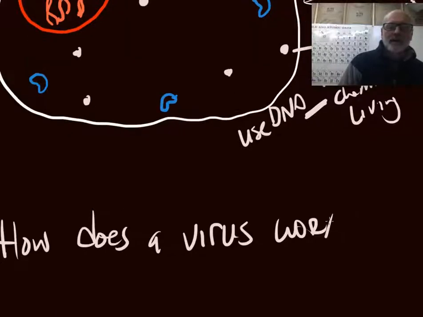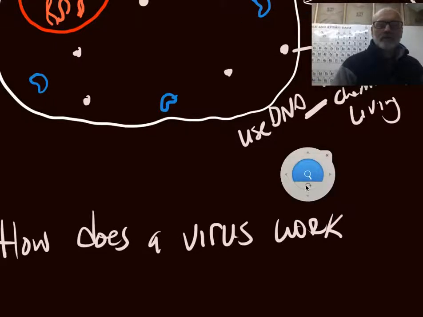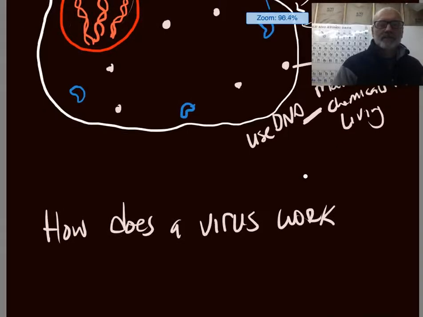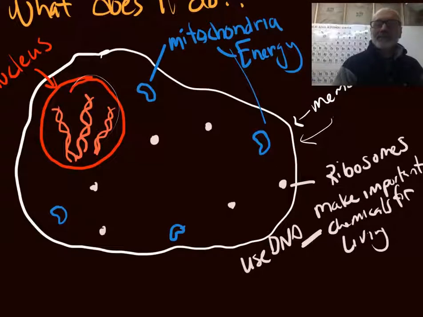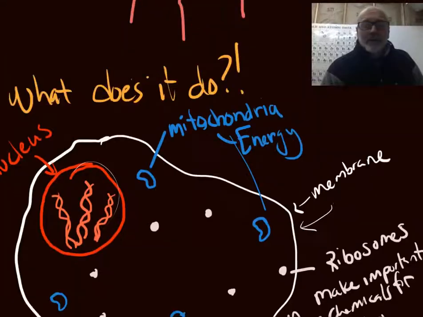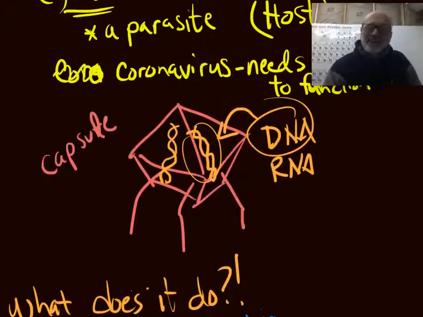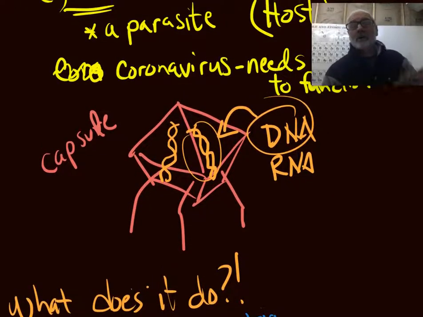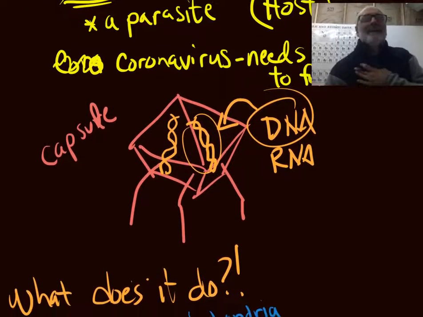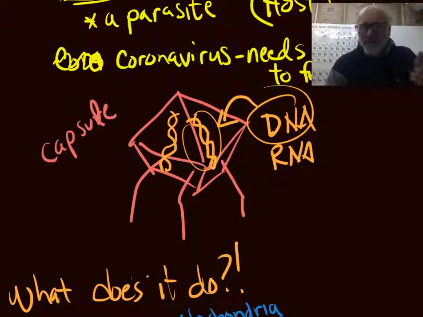This is where I'm going to talk about this using pictures. Let me make this a little smaller. We're going to go back to our question, how do they work? That's what we're talking about. How does a virus work? So let me scroll back up there. Remember, they look like little lunar landers. They're super small. You think a cell is small. We have 37 trillion cells in our body. Well, you can't see them because they're microscopic.